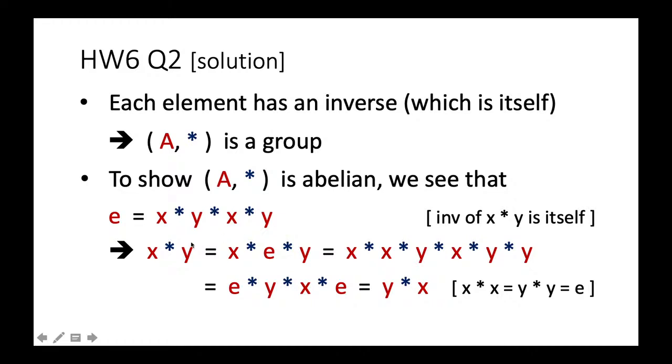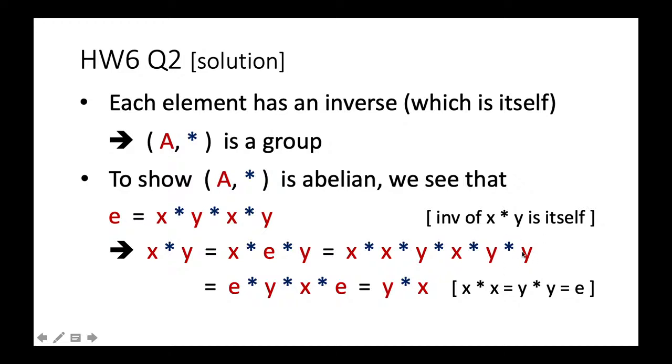Now what we are going to do next is multiply x on the left hand side of E and y on the right hand side of E. So x times y will be equal to x times E times y, because E times anything is that thing. So xy is equal to xEy. And for xEy, we multiply x on the left hand side and right hand side of the right part, then we will have x x, y x, y y. Now we see that x times x is equal to E,